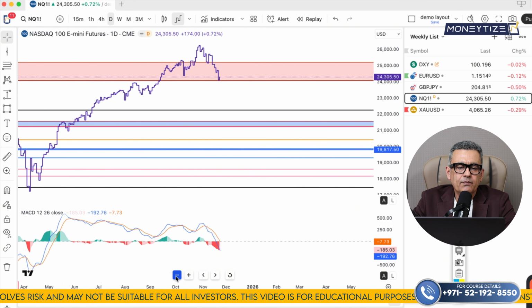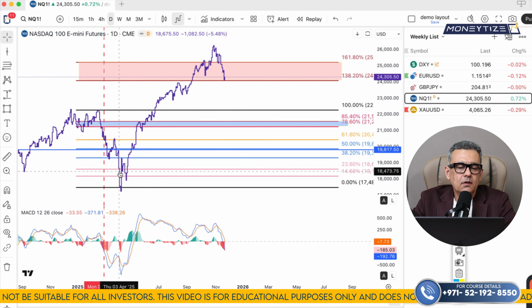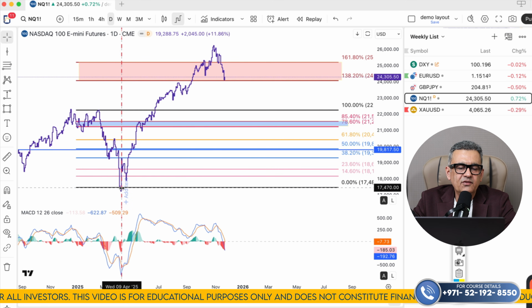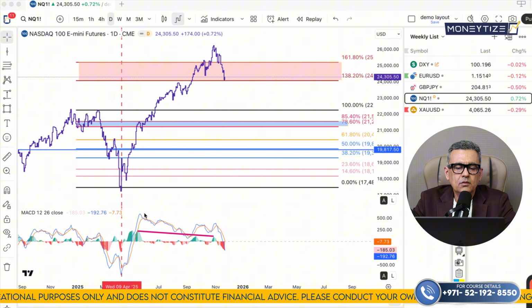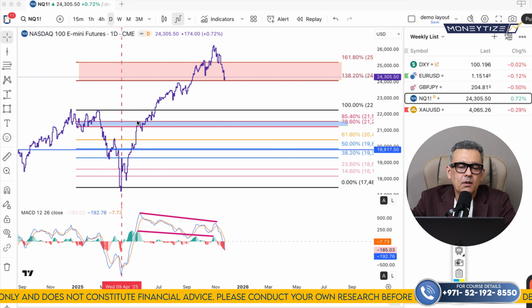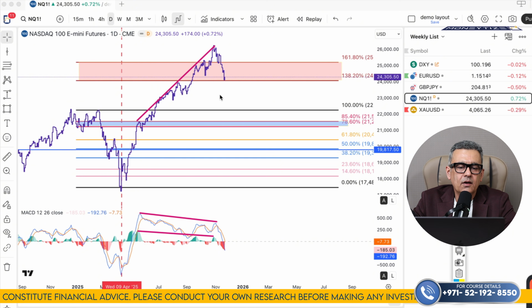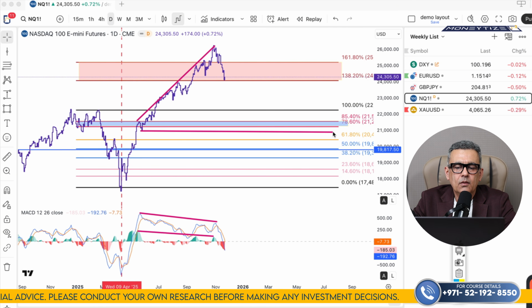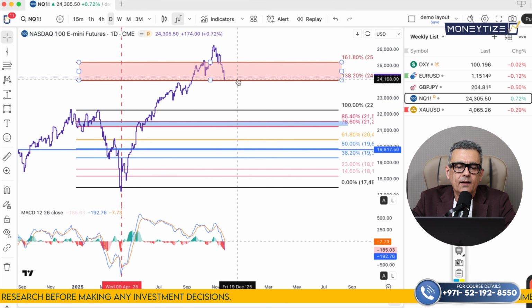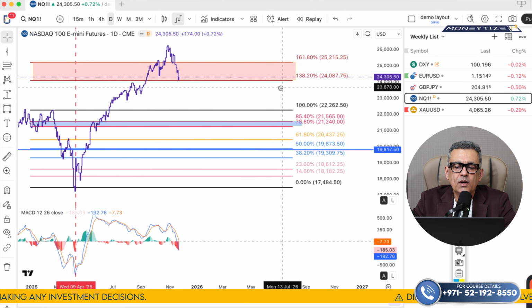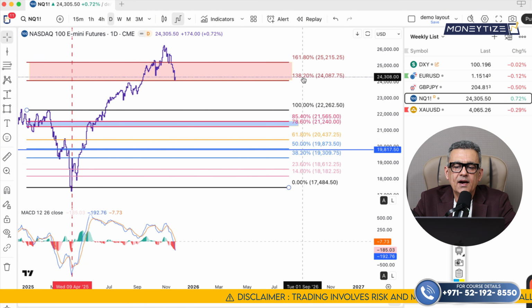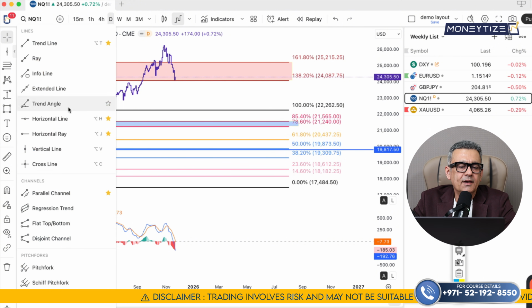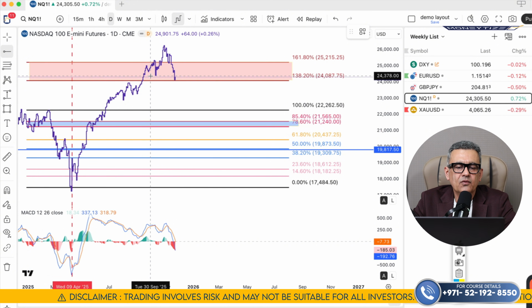Now on the daily frame, I can see bearish divergence formed between the higher highs. So here we have a wide area under bearish divergence, both on MACD lines and MACD histogram. But since it is a very wide area of formation, the breakout structure is way too deep. So I do not think that the breakout structure would be done so easily. And currently, NASDAQ is finding support at 138.2. So after a crash last week, it found support at 24,087, and it has crossed this area of support, which falls at